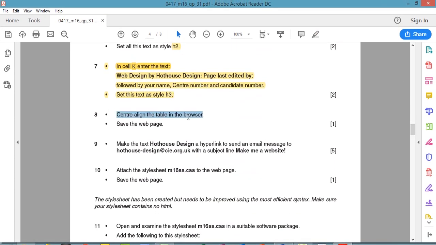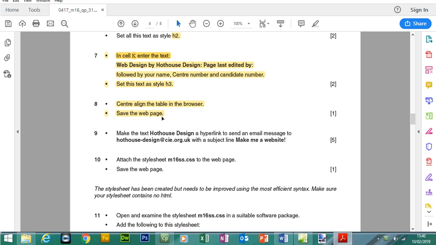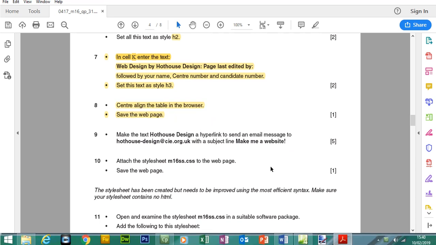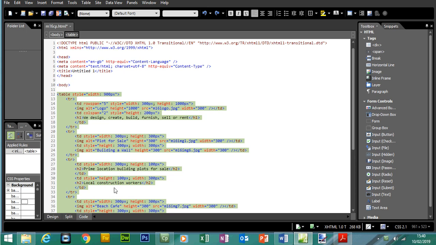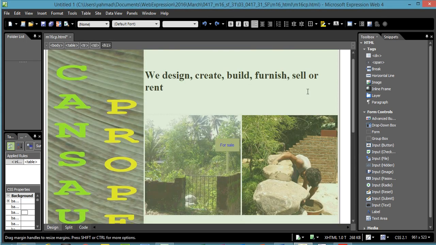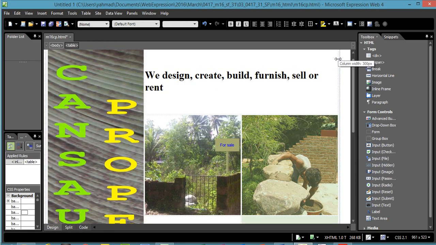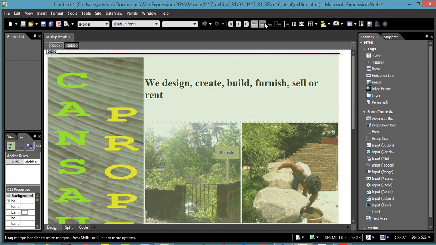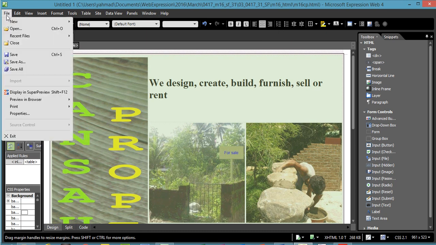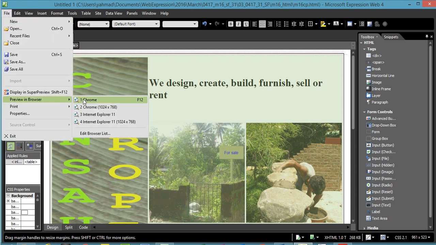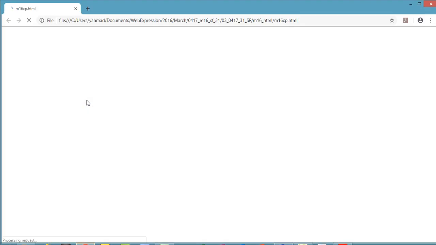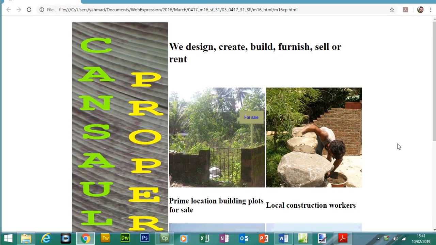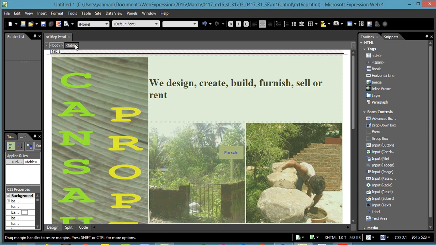Right, question 8, center align a table in a browser and save the web page. Now there's two ways in which we can do this. There's an easier method, so let's just go to my table. So you can click on a table, make sure it's all highlighted, and then you can simply click here to center align a table, and that will work. So if we go to File, Preview in Browser, Chrome, you should see the table being center aligned. If I press Edit Undo, so